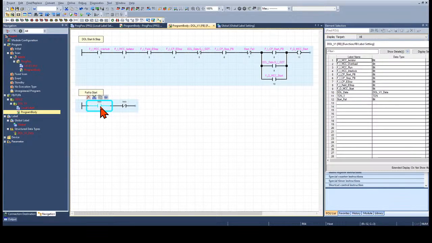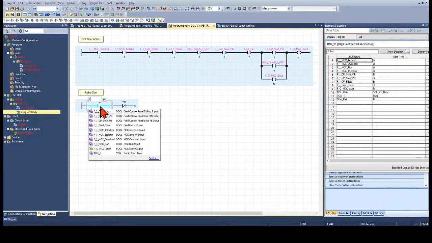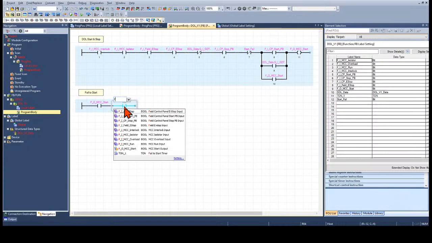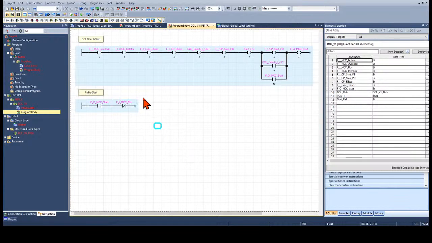So we're going to say if the output comes on, and we don't have our run feedback, then we're going to take